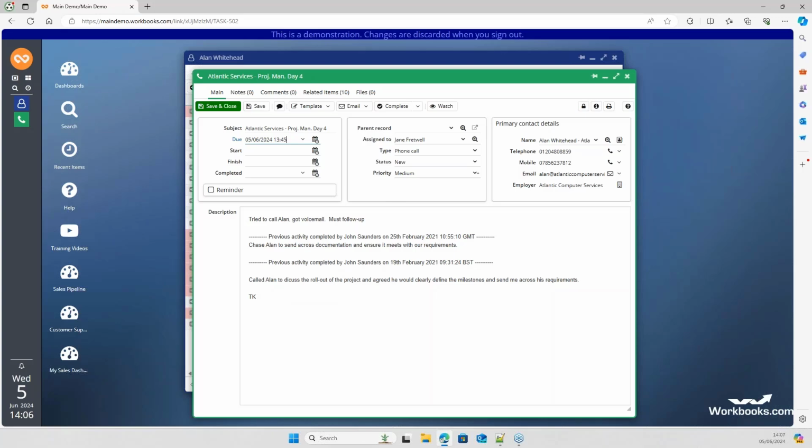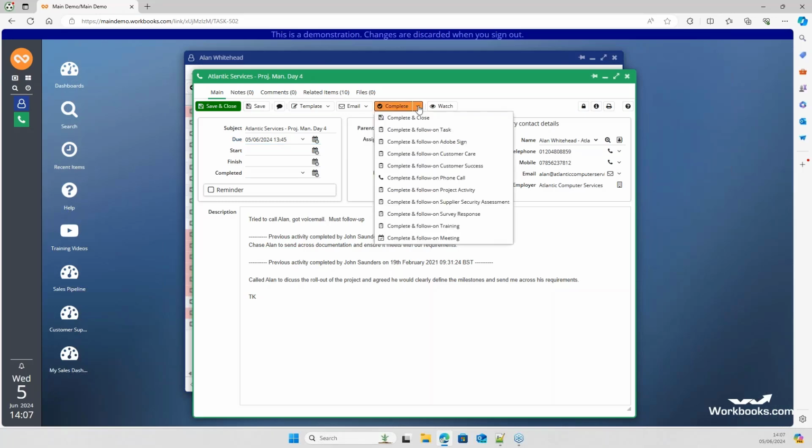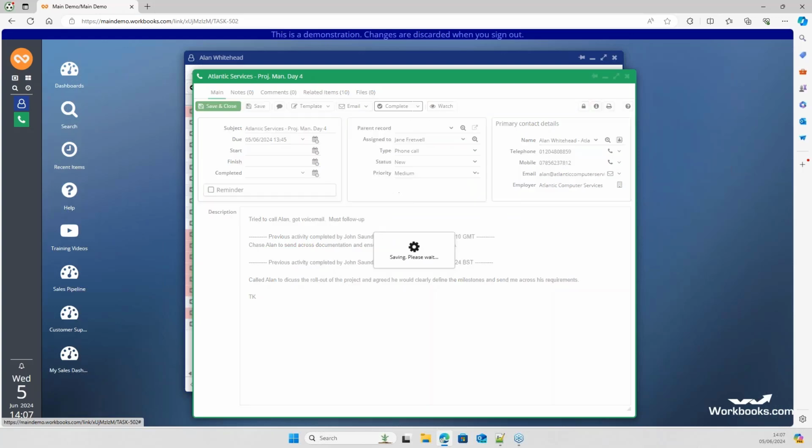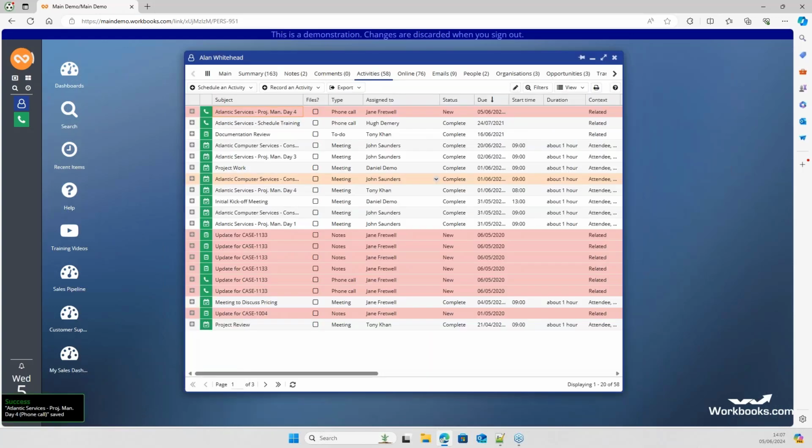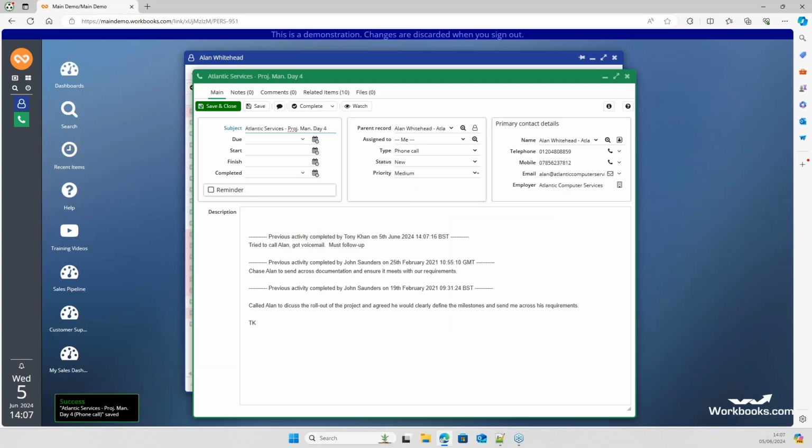So what you should always do, and they even give you the options in workbooks, is complete the activity you were asked to do, which was to phone this person, but they weren't there. So complete the activity you were told to do. The system will now copy the information from that original call, leaving you free